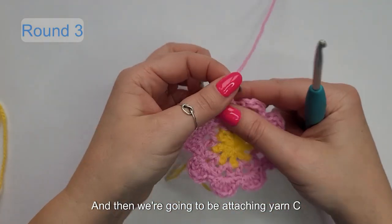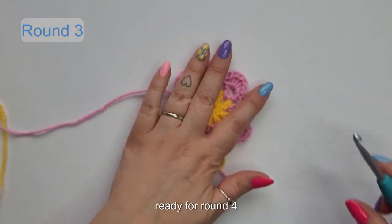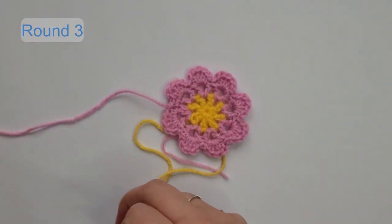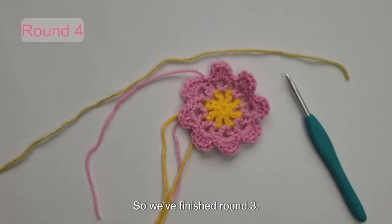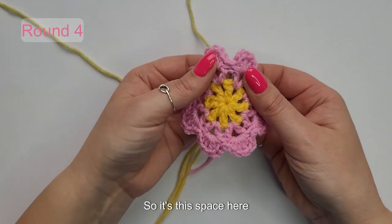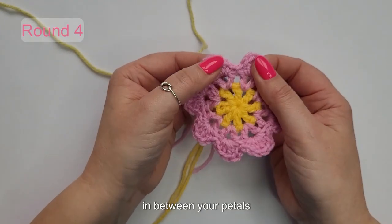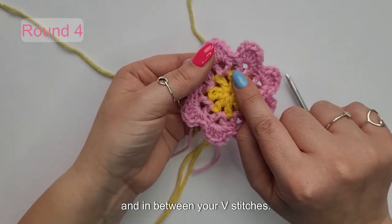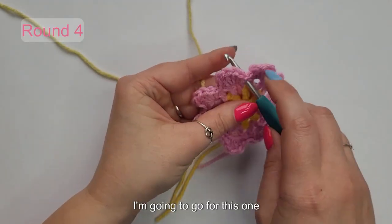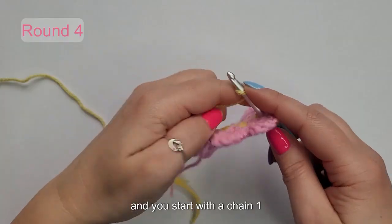And then we're going to be attaching yarn C, ready for round 4 of the cowl. So we finished round 3, we're on to round 4 now, and we need to attach our yarn C into the space indicated. So it's this space here, in between your petals and in between your V stitches. You can choose any space. So I'm going to go for this one, and you start with a chain 1,